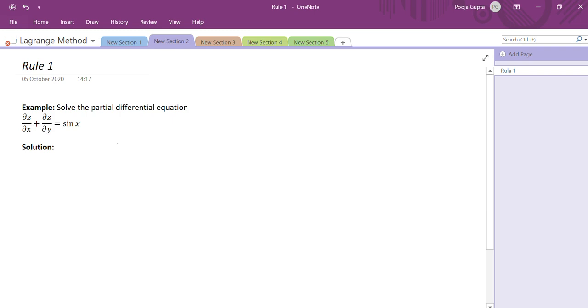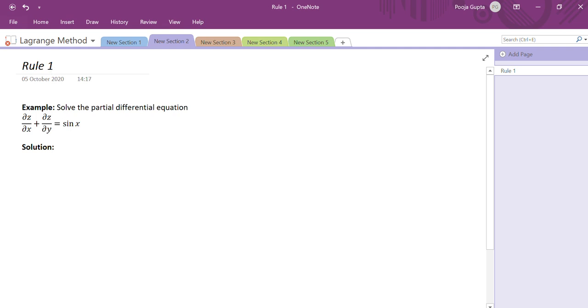We will talk about rule 1. There will be different cases to solve auxiliary equations. So first we are talking about rule 1, which says that if one of the variables is either absent or cancels out from any two fractions in the auxiliary equation, then an integral can be obtained by usual methods. The same procedure can be repeated with another set of two fractions of the auxiliary equation. So we will see one example.